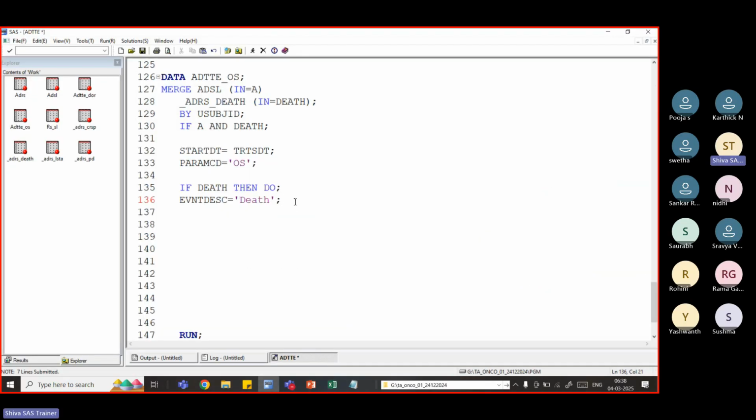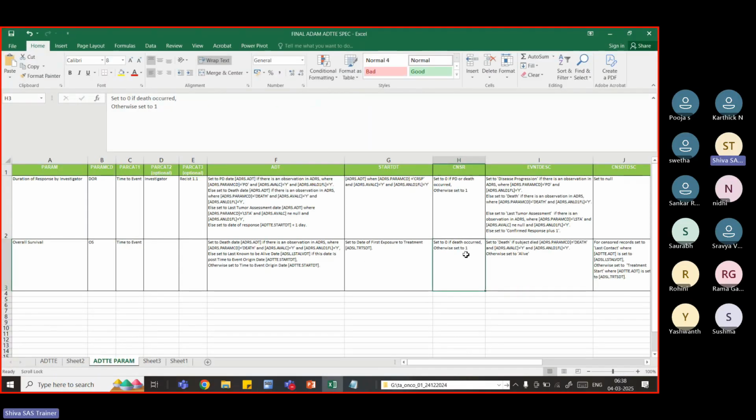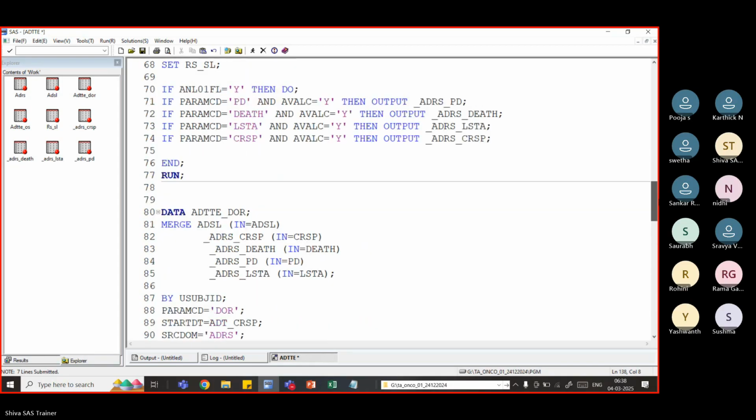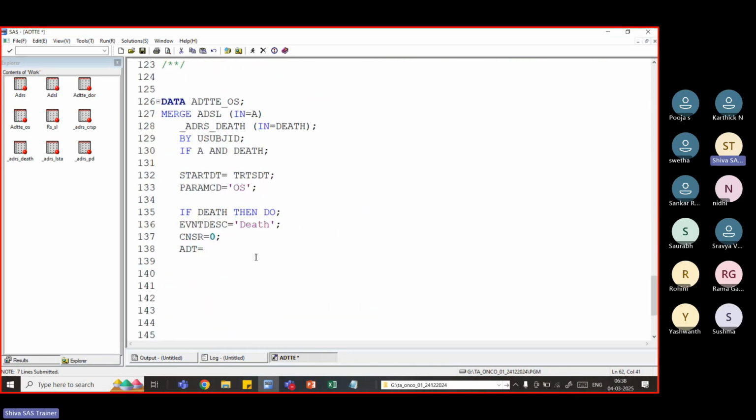Okay. And censor variable here. Set to 0 if death has occurred, otherwise 1. So death related 0. And ADT, we can see the death ADT we renamed as ADT underscore death. And